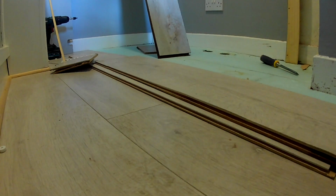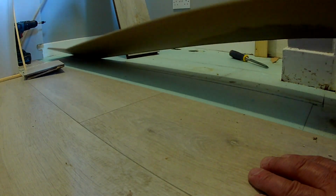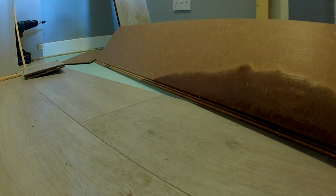Nice one. And I think this last board as well is affected. Let's just put you over here the minute. I think this should be the last one. There you are. Yeah. And you can see that must have got into and just swelled up. You can actually see it buckle in there. Surprisingly underneath, it hasn't done any damage to the foam. And inspection underneath seems to be fine, so that the stuff has actually done its job and protected it,